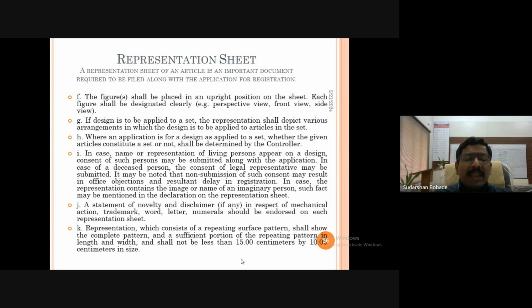Next one, where an application is for a design as applied to a set, whether the given article constitutes a set or not shall be determined by the controller. What does it mean? Say suppose the combination in terms of the design for the bed sheet is there. So bed sheet design and drawing, if it is having different features available on it, say suppose we are going for the nature, the seashore sort of things to be printed